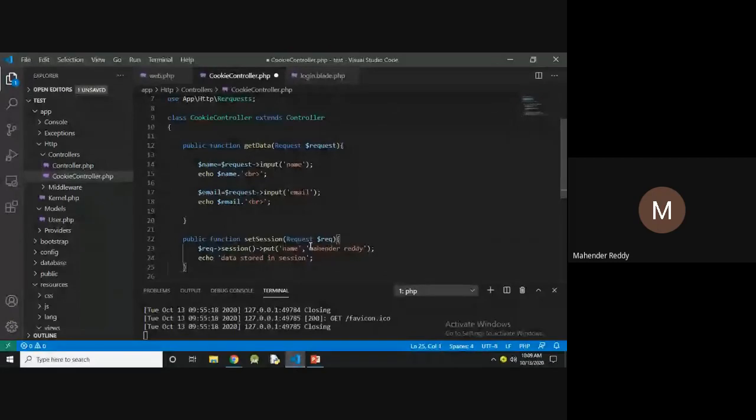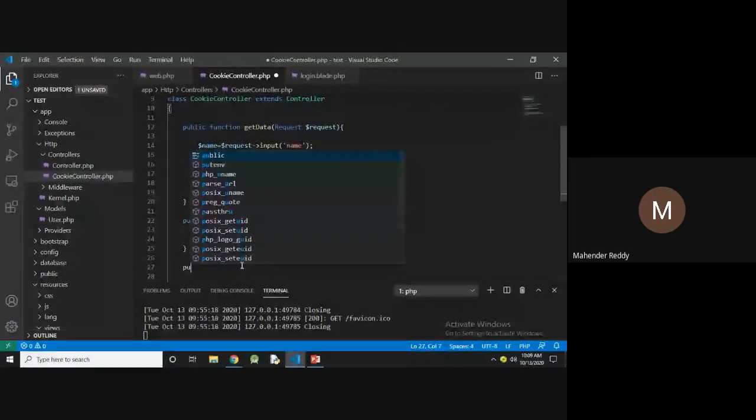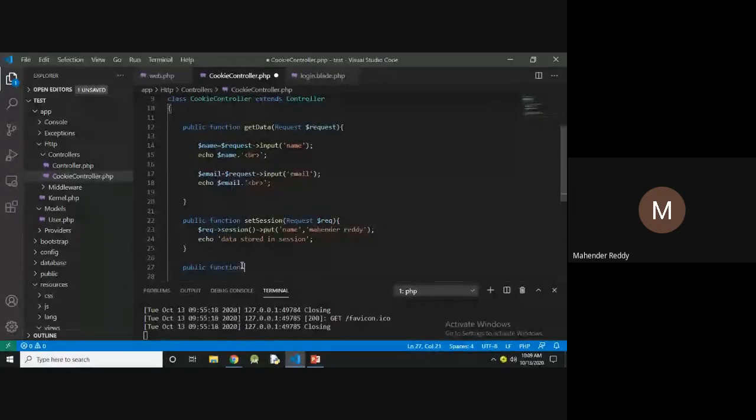And after that I'm going to access the session data. So public function getSession(Request $req).